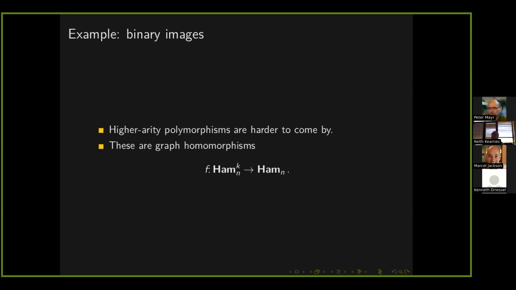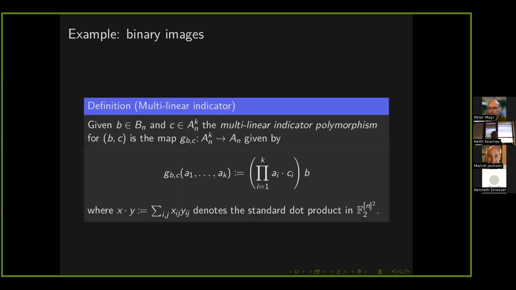Okay, so higher arity polymorphisms are definitely a bit harder to come by. And so now I'm going to change my notation for the arity to be k instead of n, so that I can talk about images which are n by n and operations which take k n by n images and spit out a particular n by n image. And so there's a natural family which is easy to describe and parameterize, but which doesn't have as much structure. And so that would be these so-called multilinear indicator polymorphisms. And so basically what this is saying is that